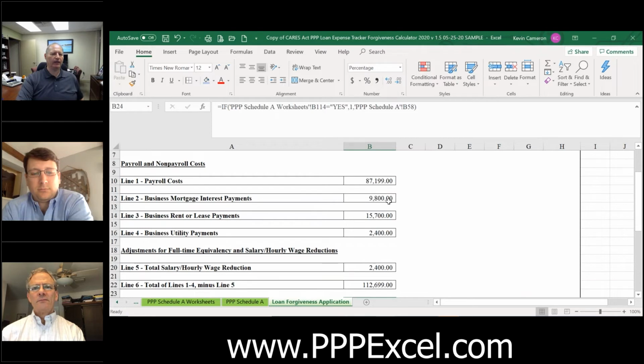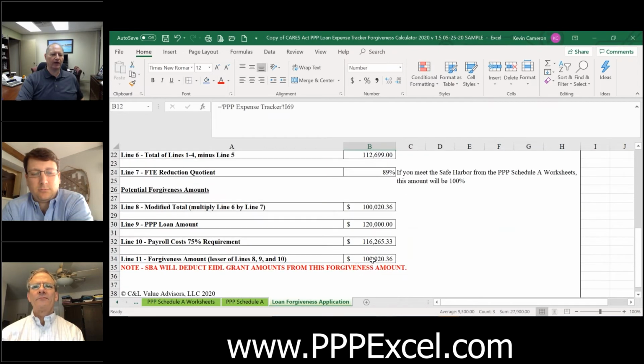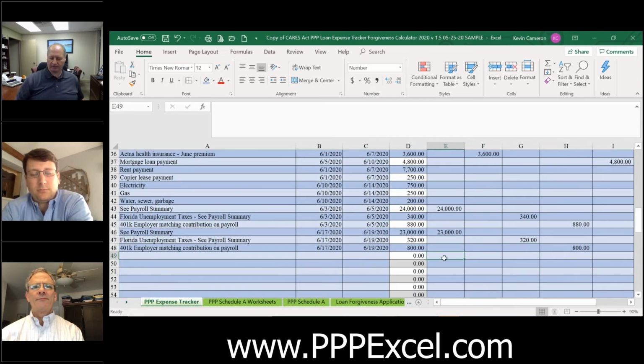But how can I get, and you can see here, these expenses here, when I add them up, are more than 25% of the loan forgiveness. It's okay because the loan forgiveness is still capped, because the real 25% cap occurs on this line here, everybody. So if you go back to the expense tracker,